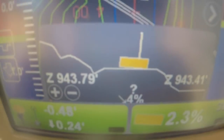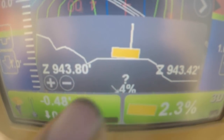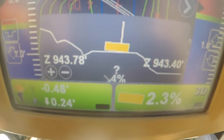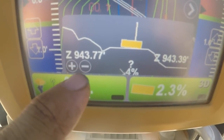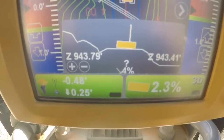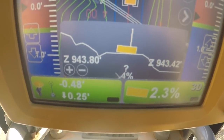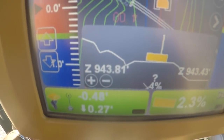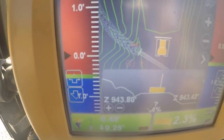of the road. And these grades here are telling me real time what grade or what elevation my blade corners are on. These are not real elevations from sea level, these are just made up elevations that correspond with this specific job. So we're actually not at 943 feet above sea level. We're probably a little higher than that here in Ridgeway, where I live, at like 3,200 feet. But anyway, these little grade gauges here on the side, they tell me